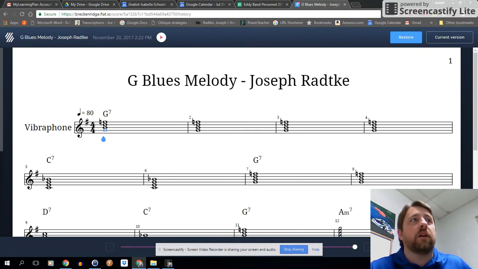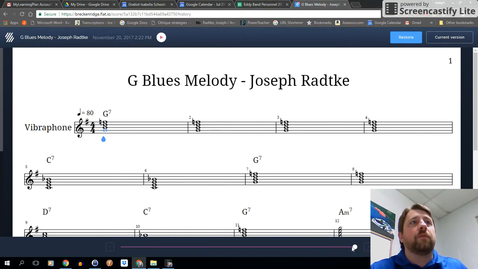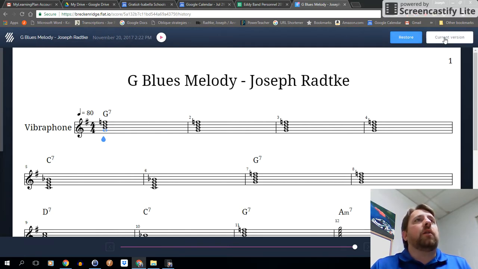Now I haven't done anything on this one yet, so it doesn't really show anything, but this little slider here will go back to every mistake I made or everything I made. You can go back all the way to the beginning if you need to. So if you had a transposition problem like you had today, you might just start over again. Anyway,